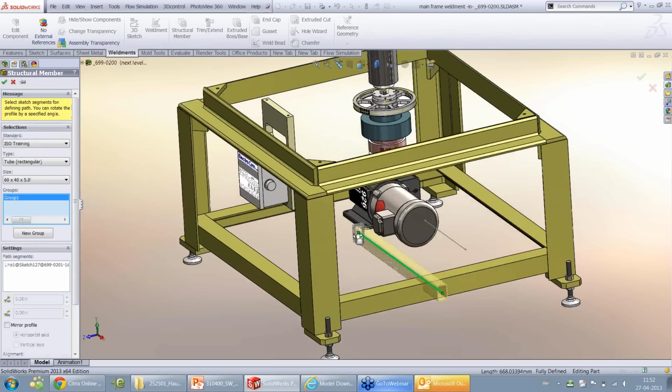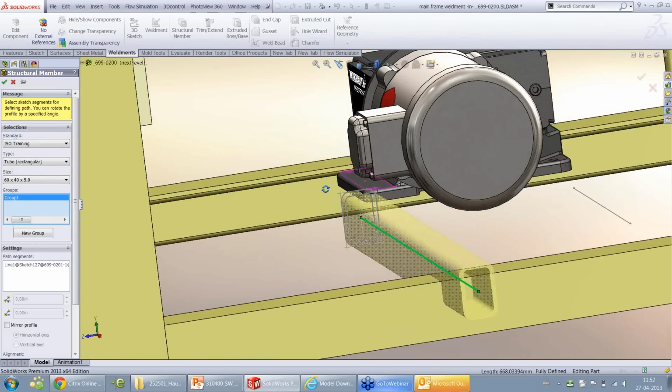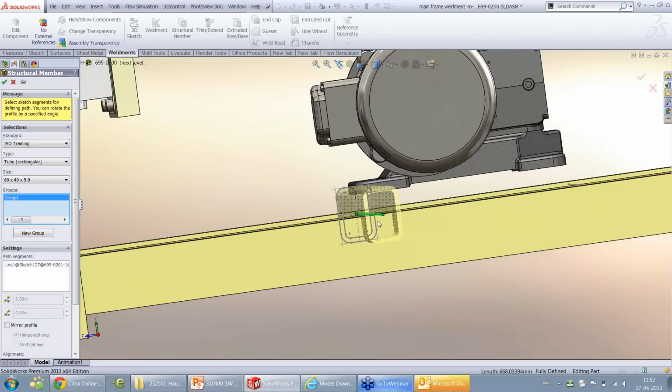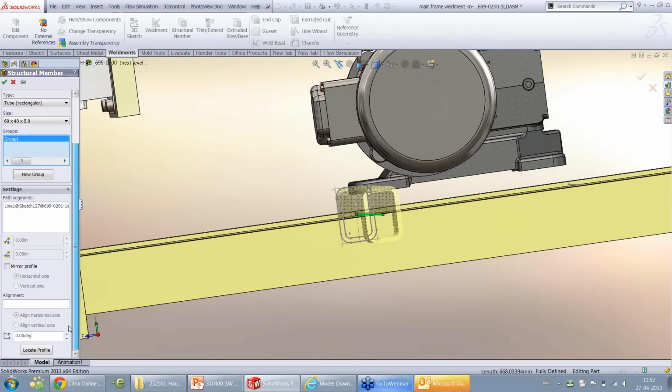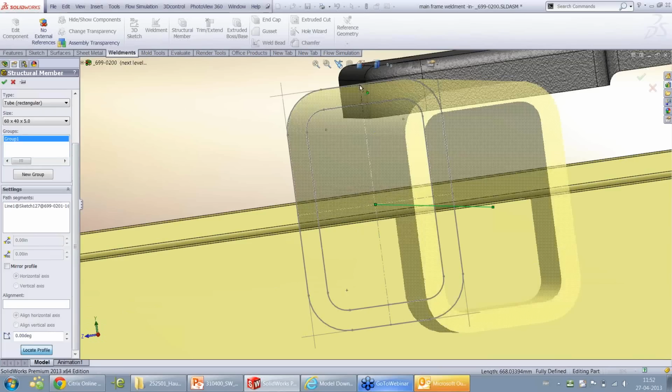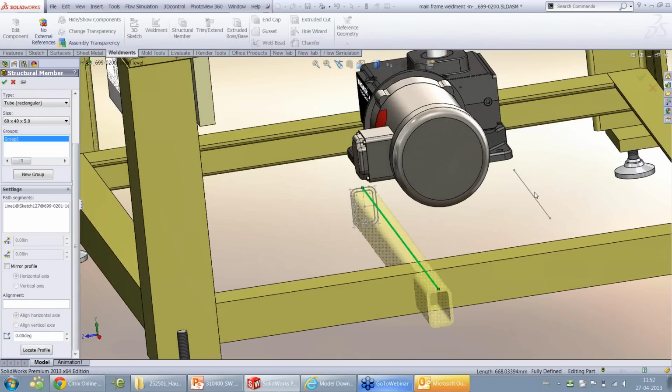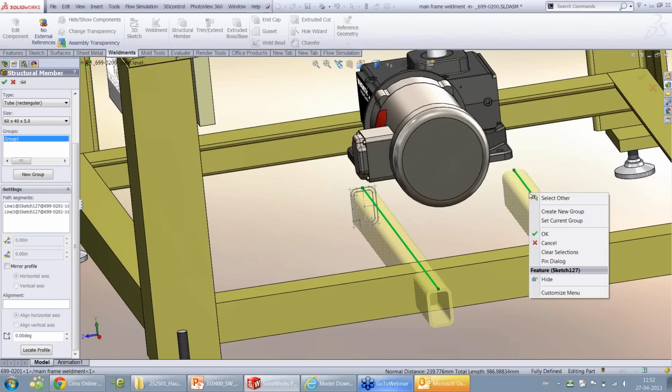I'll just quickly select the sketch segments, but you can see that the segment is interfering with my gearbox component, as well as it's not rightly located. So for this we have something called locate profile. Using locate profile, I can select the pierce point that I'm interested in, so that SolidWorks will place the structural member